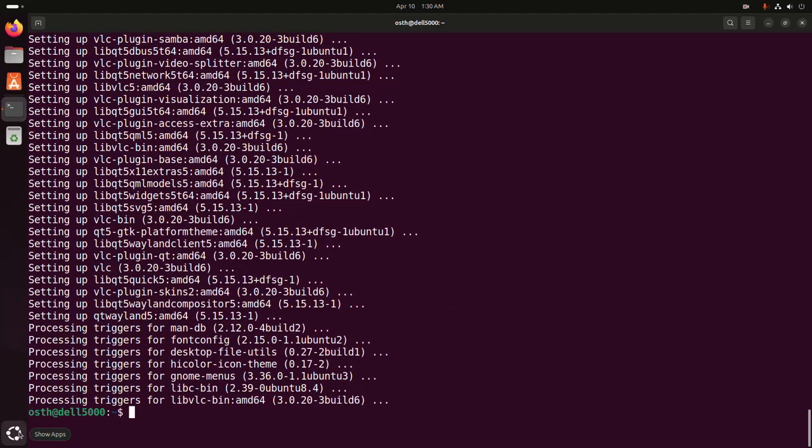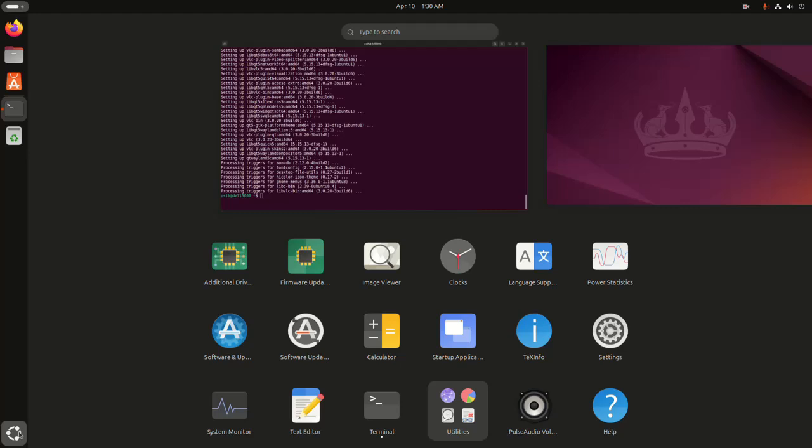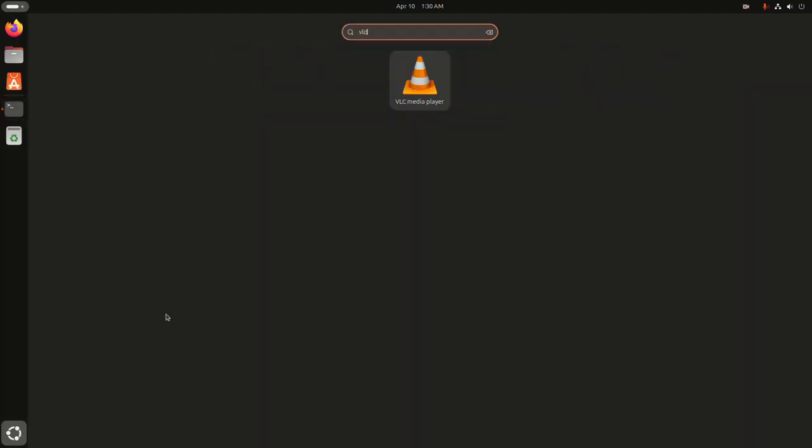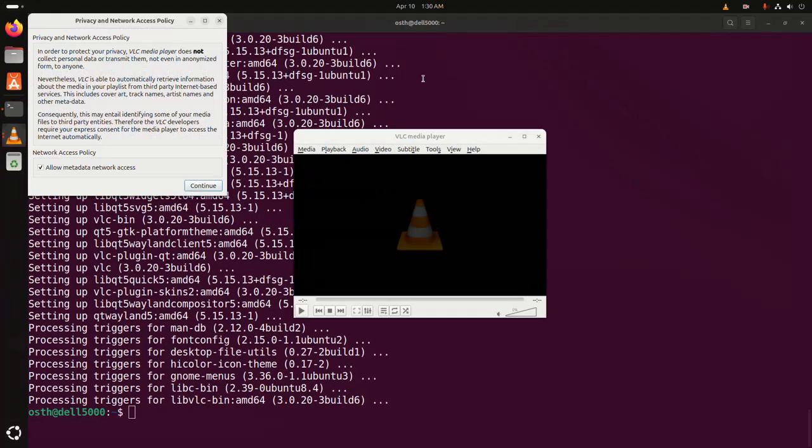Now open Application Launcher and search for VLC. That's it. VLC Media Player installed successfully. Open VLC Media Player